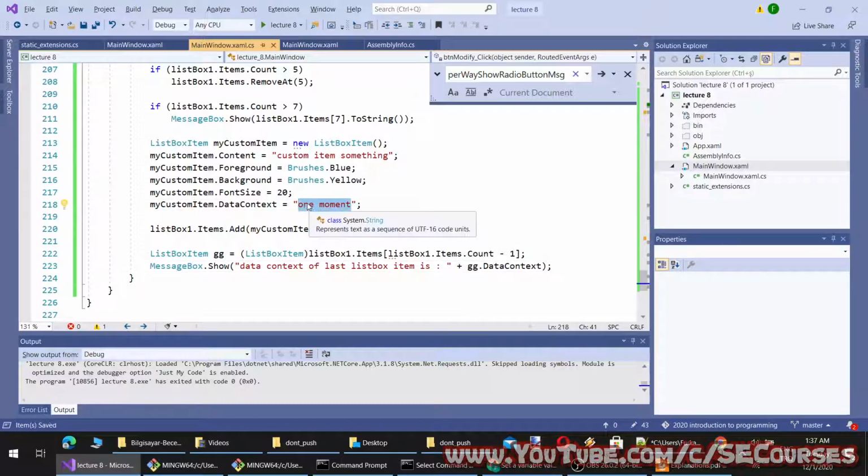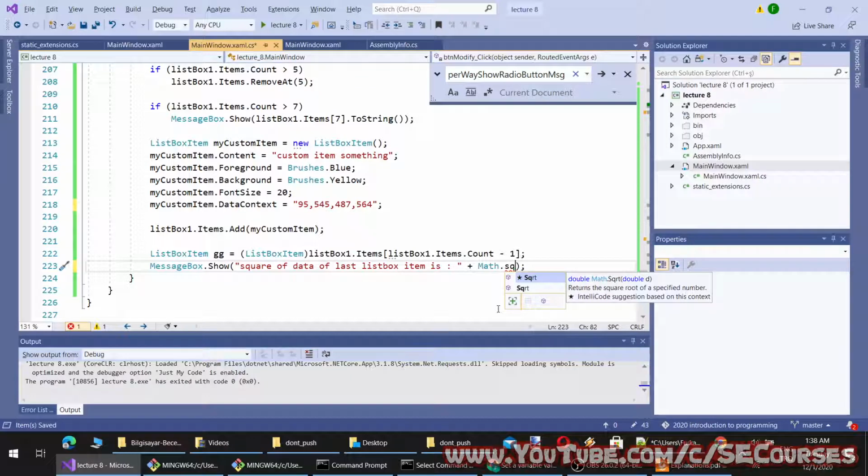For example, I will set it to some value, let's say squared mean. What I'm going to do is square root. Yeah, square root.